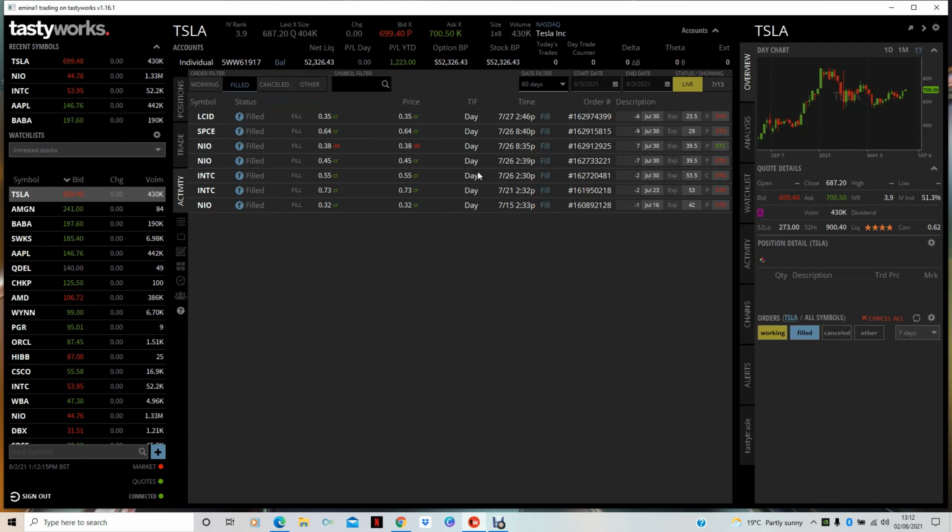I did a NEO contract of 7 contracts, but I got out of it midweek, and I was initially offered 45 cents for NEO, but because I cancelled the contract halfway through the week, it went down to 38. So I still got 700 times 38 cents. And also, if you see here the letter P, that means selling puts. As soon as you see the letter C, that means I was selling calls.